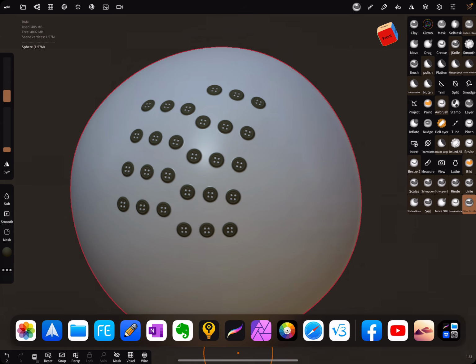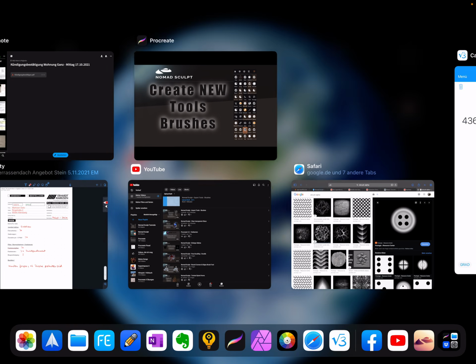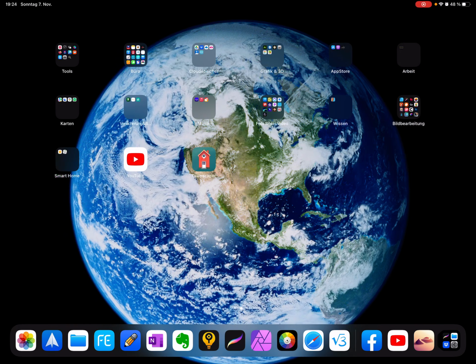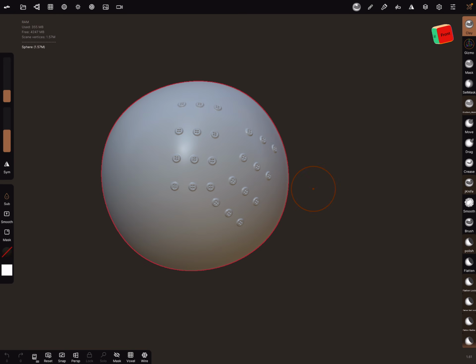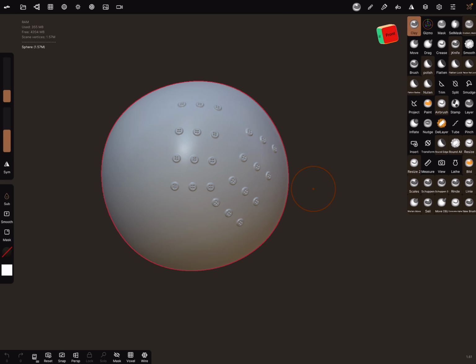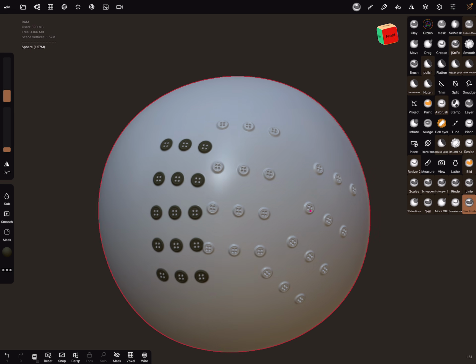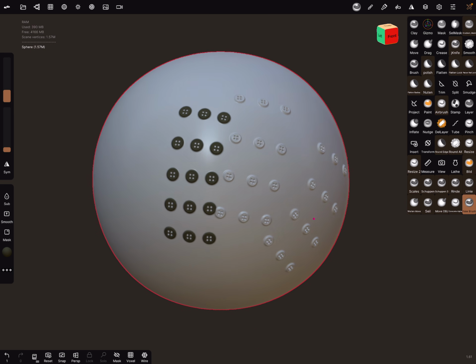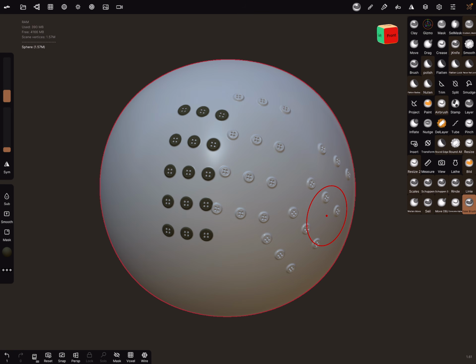And now we close the Nomad app, reopen it, and now our new brush at the bottom is saved with the settings we choose for the brush. And now it's a completely new brush.